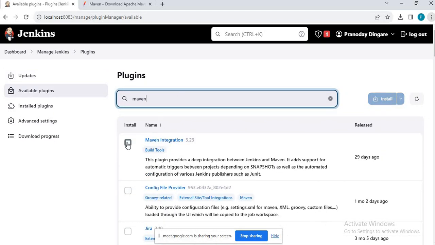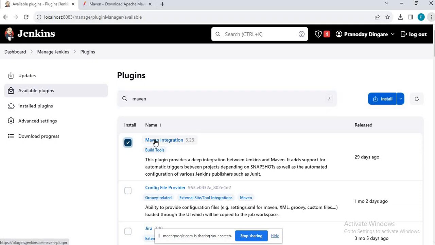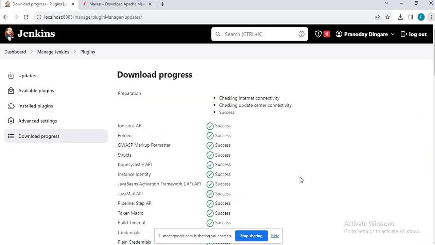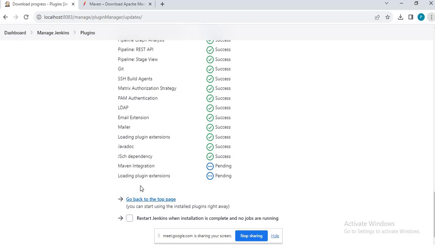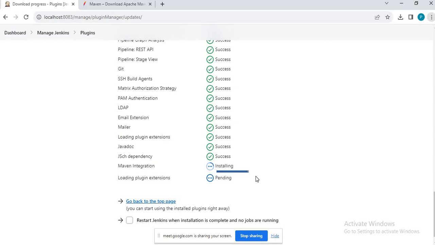Maven integration. Let's download the plugin. Let's install. Okay, now it's doing the installation, and now we will create a job.